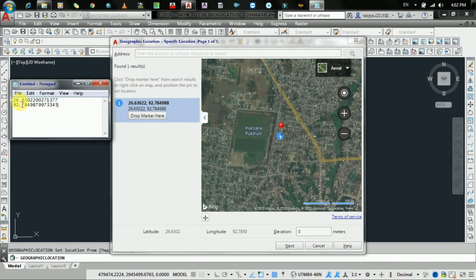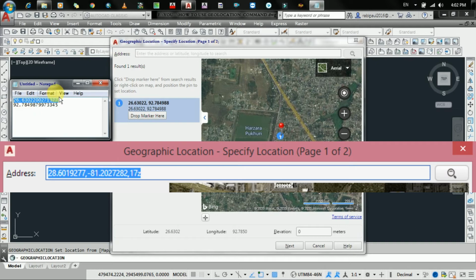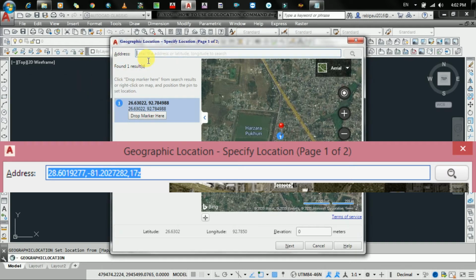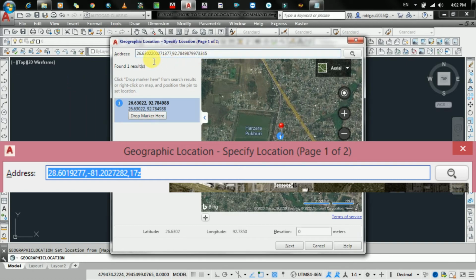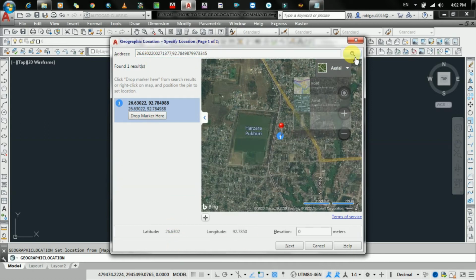Now copy this latitude value and paste it in the address box, then press comma, then paste the longitude value. And click the search option.